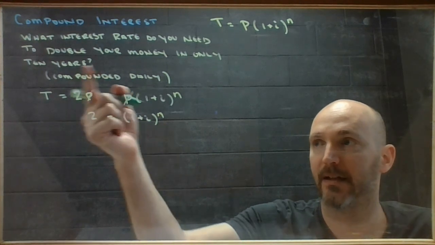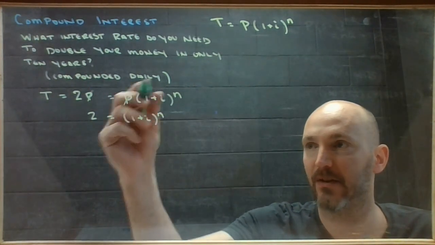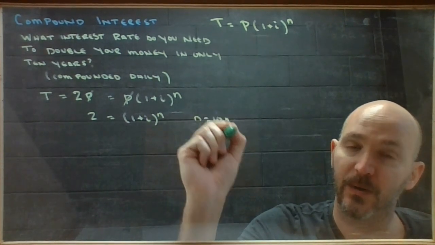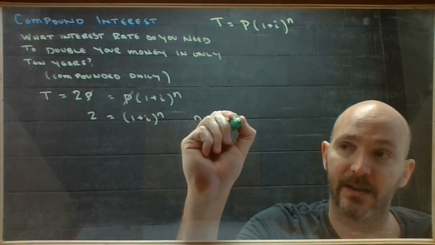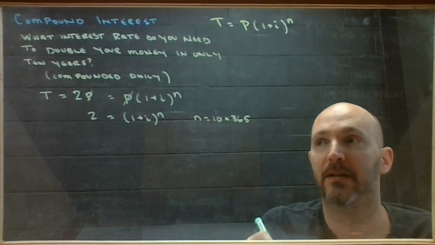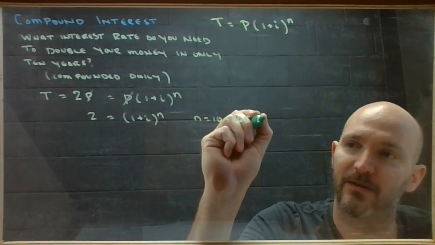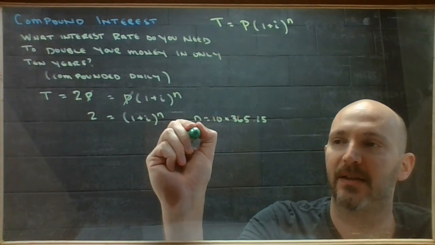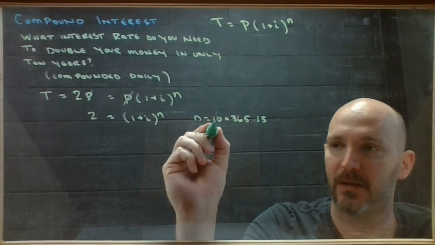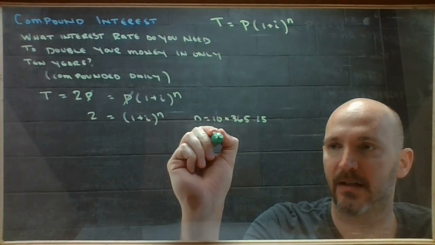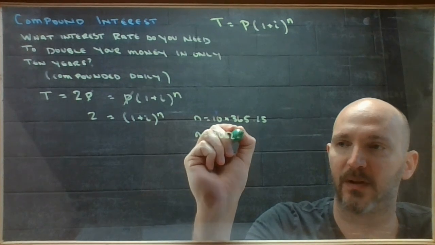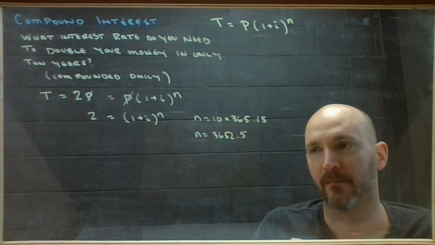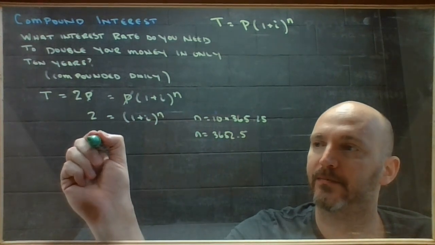All right, 10 years. 10 years compounded daily. And there's 365 days in a year, 365.25 if you want to be super precise. That means that my compounding period will be 3652.5. So if I put that in there,